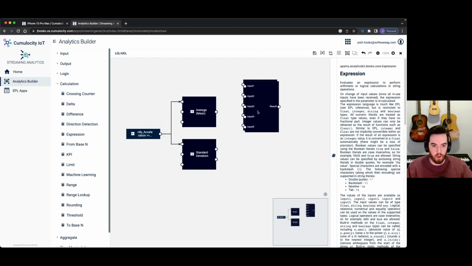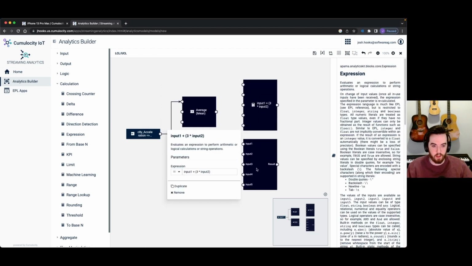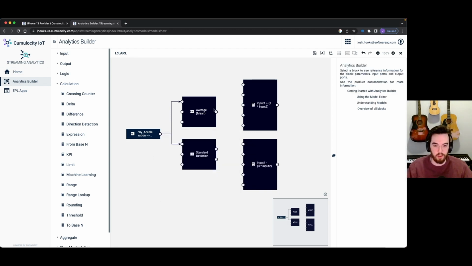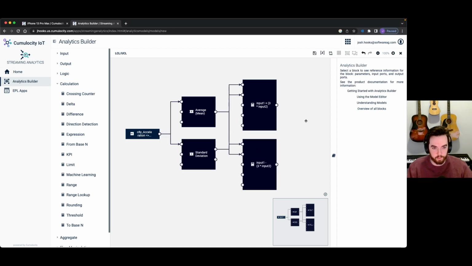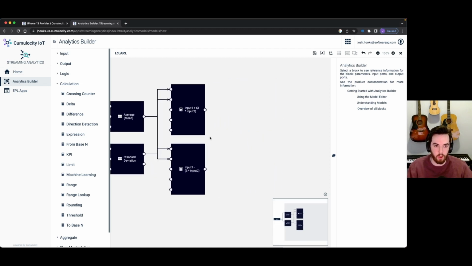And then this I will copy and paste, pull down here for the lower control limit, which will just be minus instead of plus. And so average goes into input 1 of this block and input 1 of this block. Standard deviation goes into input 2 here and input 2 here. And so those will correspond to the input 1 and 2 within the formula. And so now I'm calculating those lower and upper control limits in real time, and I want to send that